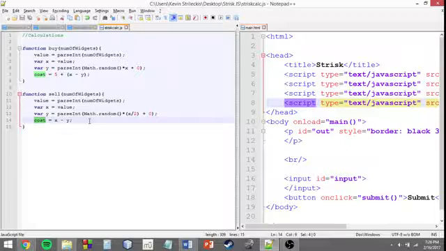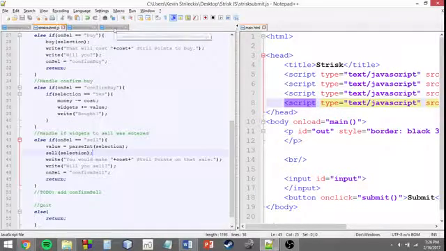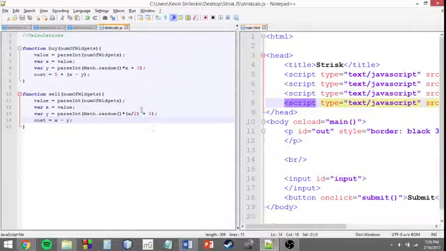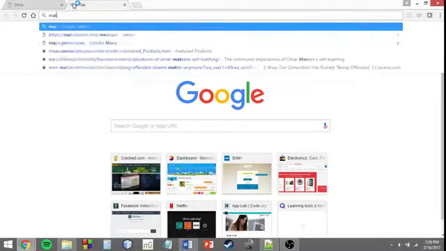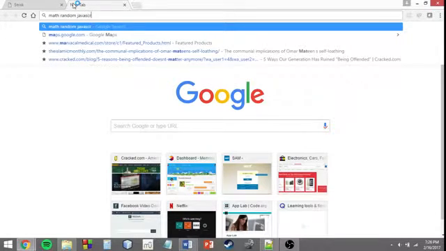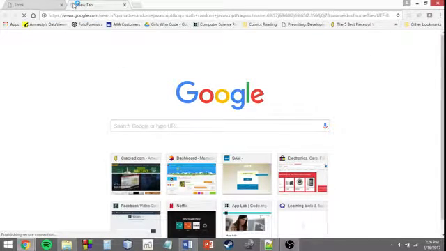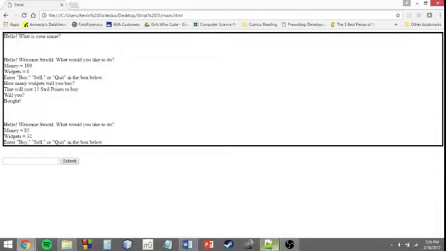Now, I know it says cost, but let's just pretend that means the cost for other people to buy our stuff. Since, you know, we're not really buying anything here, they're buying. One other thing, I know it's making it look like this means the lower bound, but that's not technically what's happening. What happens, and I have here, discuss math random JavaScript. I'll just tell you about it. Alright, so